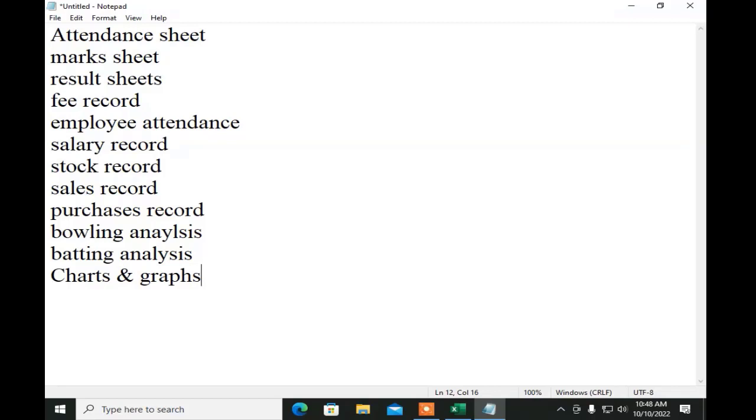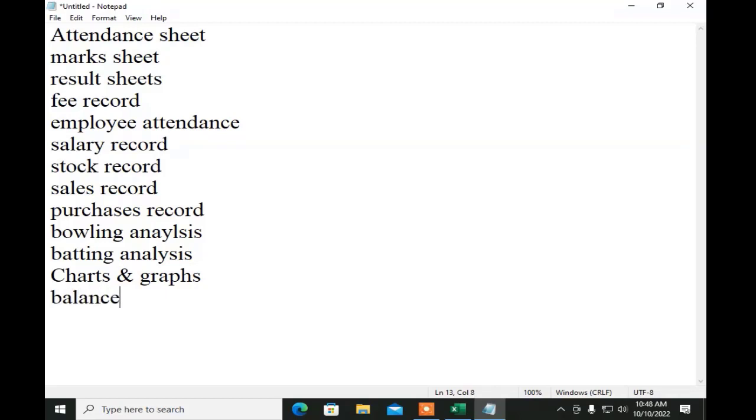A chart is the graphical representation of data. A chart is the pictorial representation of data. And someone has said that a picture speaks 1,000 words. Where we write 1,000 words to explain a thing, we can show a picture to explain it in a second. Okay? From accounting purposes, for example, first of all, in accounting, we can calculate the balance sheet